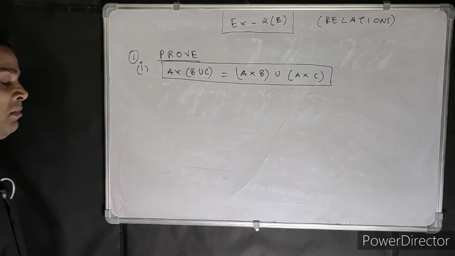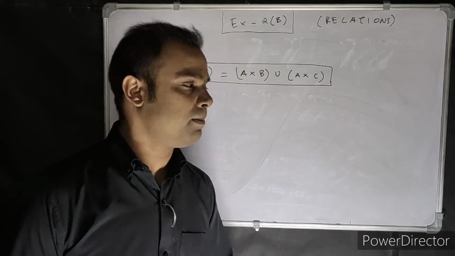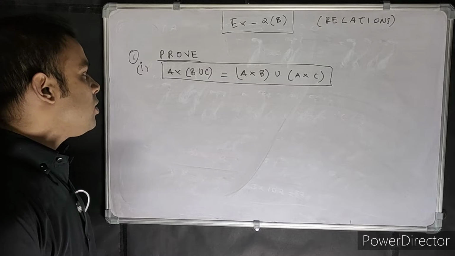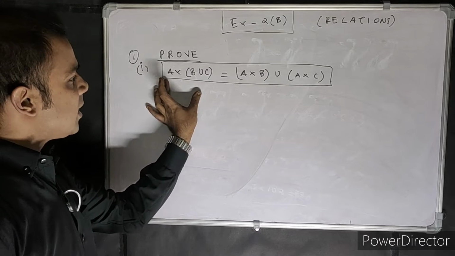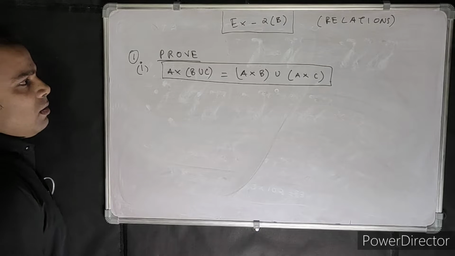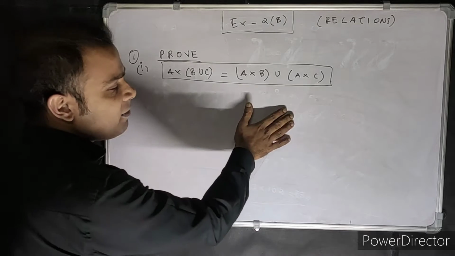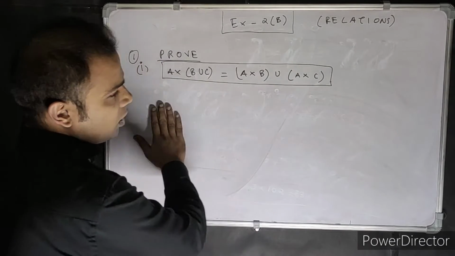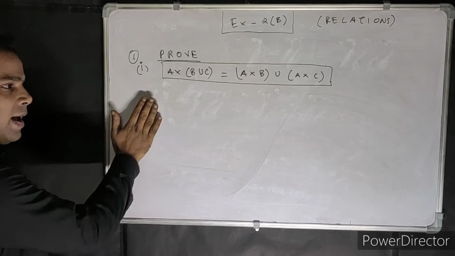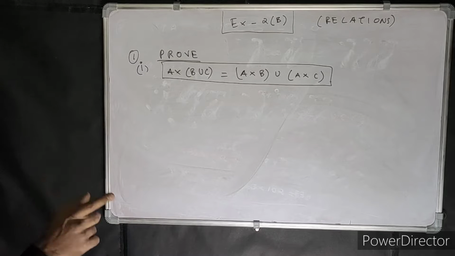Now you see, when I was proving the different theorems, I was taking the left hand side and proving the right hand side. But now we are going to do a two-way proof. That means we are going to prove from right to left and also from left to right. So we are going to have 2 parts, part 1 and part 2. So there will be two-way proving, you have to understand.